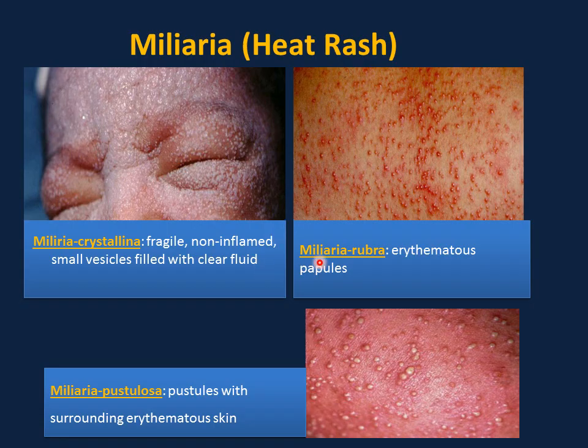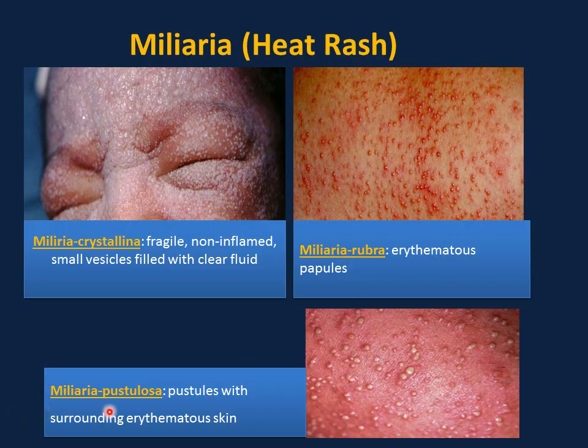The next one is Miliaria rubra or heat rash, because of excessive sweating and heat retention. It is described as red papules surrounded by erythematous skin, commonly seen in the fold areas, like in the groin area, under the axilla, under the neck. And this is because of excessive exposure to the heat and sweating, for example overclothing the child can cause that. If it becomes secondarily infected, and both forms can be secondarily infected with a staph infection, the name will change